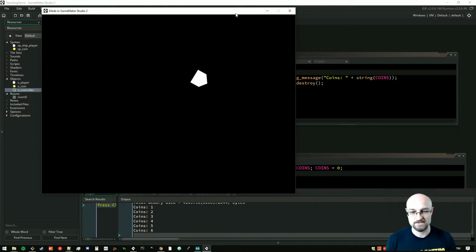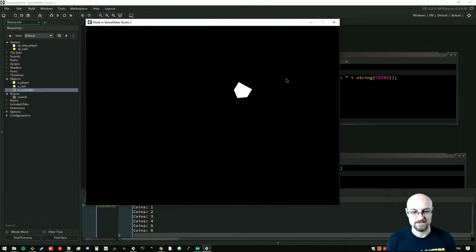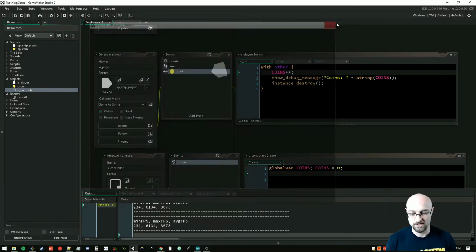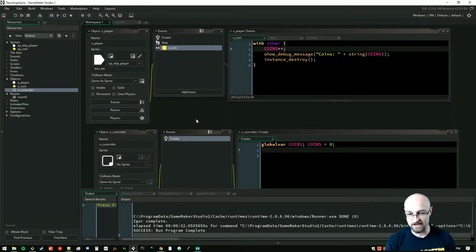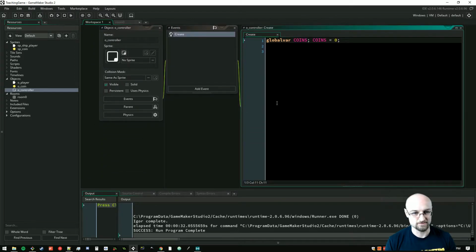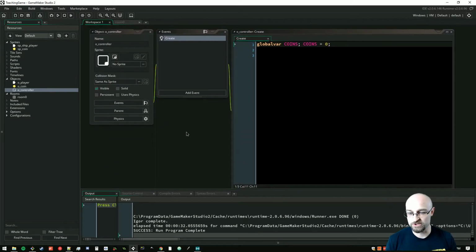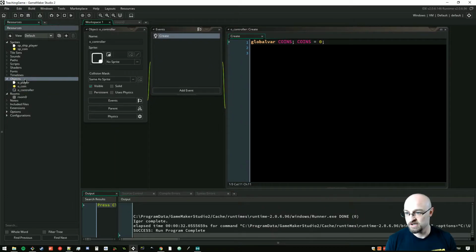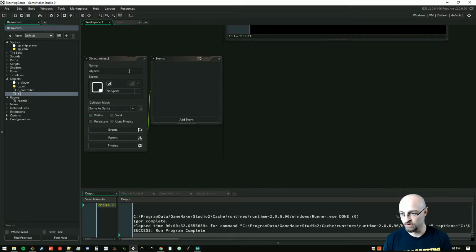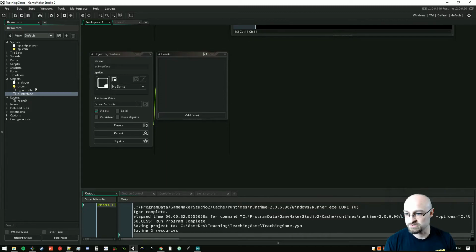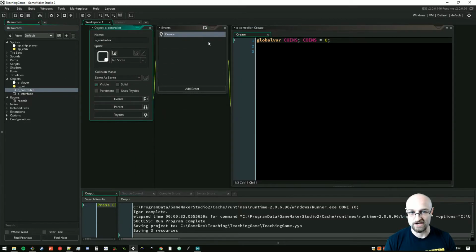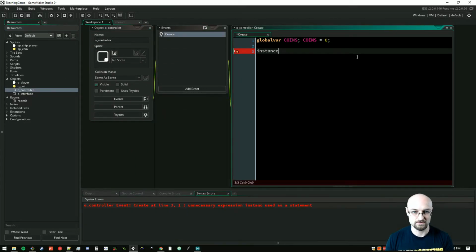So that's great, except that the player doesn't have access to the console, and so we have to display these coin values on the screen. So we're going to do that through an interface. So I'm going to make another new object. We're going to call this O_interface. And we're going to use our controller object to create this interface. So we'll go back to the controller, and